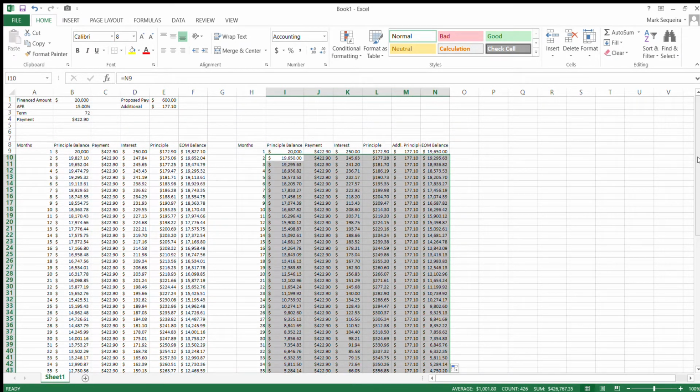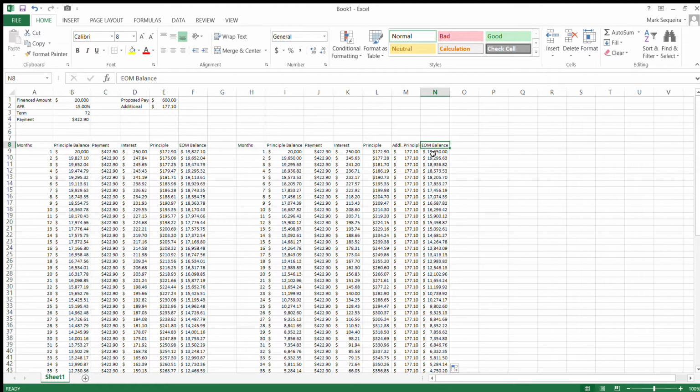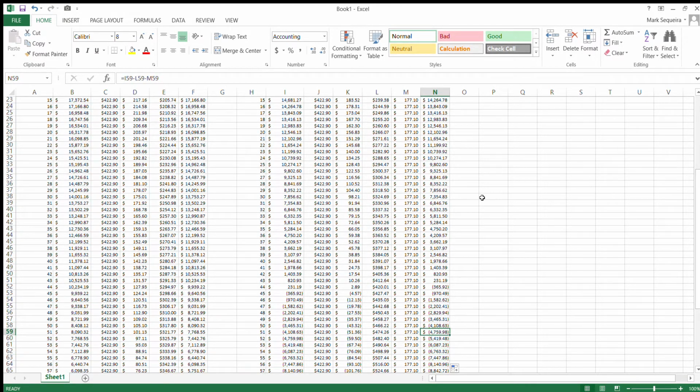And remember, we basically want to get to a point where this end of month balance reduces to zero. That's what we saw before, right? At the end of 72 months, we had zero balance left. Okay? Well, now let's take a look. Now that we're paying this additional amount every month, when does this reduce to zero? Well,